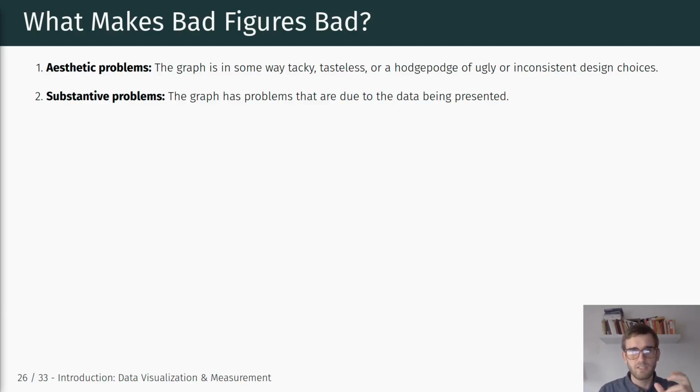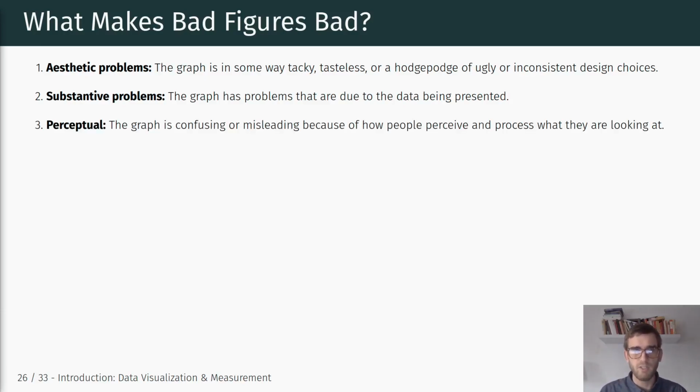So there are actually substantive issues with the data that is being presented that can cause issues and potentially even be deceptive in its communication. And then third, we have perceptual problems, right? So here, it's not the underlying data that is problematic, or the way the data is being presented, but the graph can be confusing or misleading because of how people perceive and process what